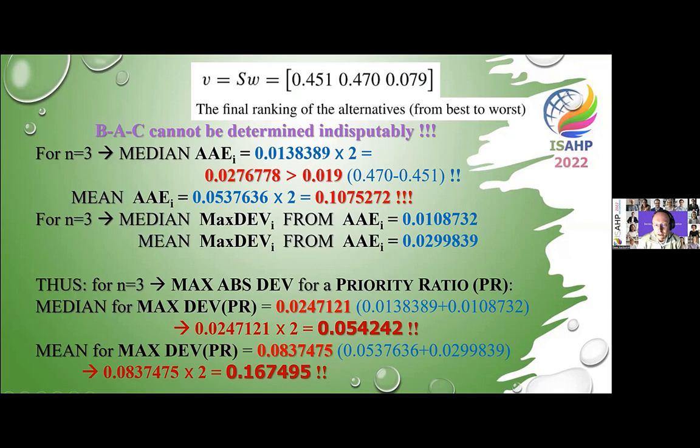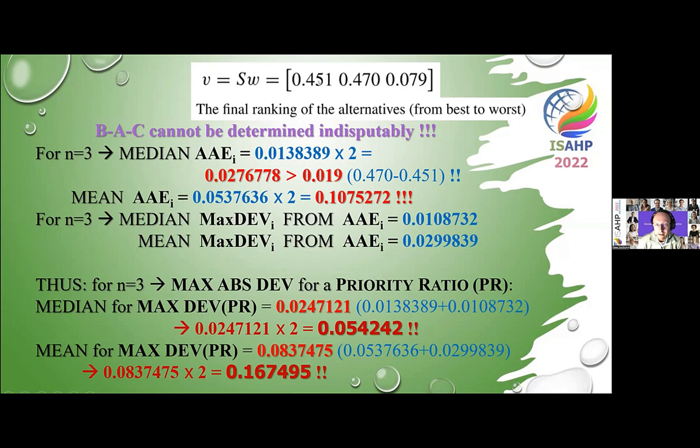If we multiply that by 2, we receive the error of 0.0276778, which is, as you can see, a little bit bigger than the distance between the first and the second